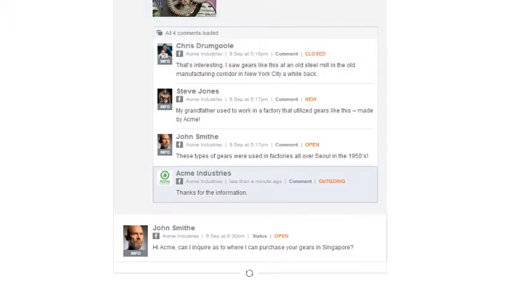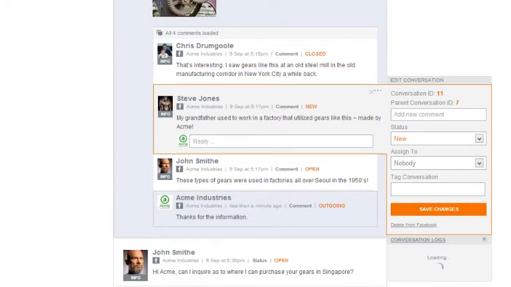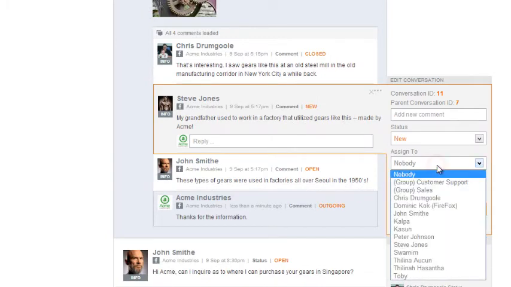If you want to only triage the query and perhaps assign it to another community manager for processing, you would activate the conversation and focus your attention on the edit pane to the right. In this case, you want to assign the conversation to a colleague, so keep the status as it is. Select your colleague in the assignments list,